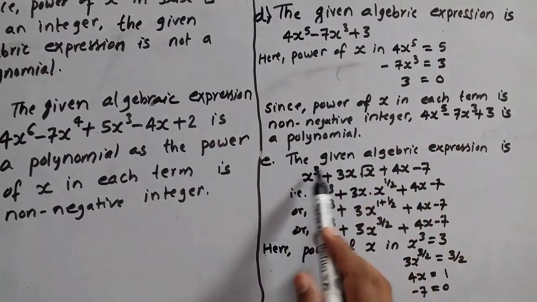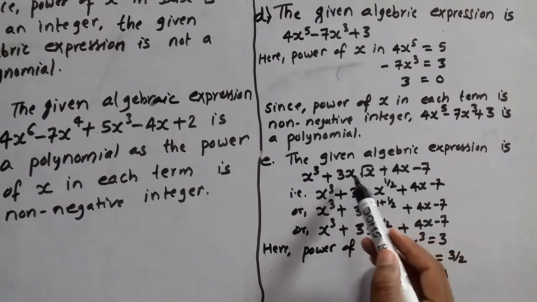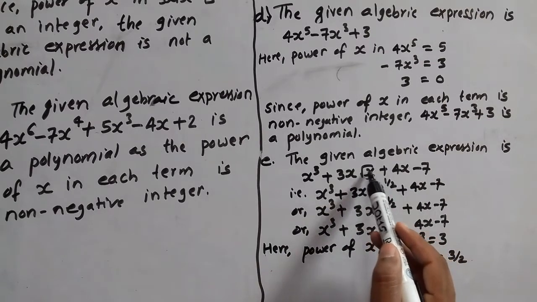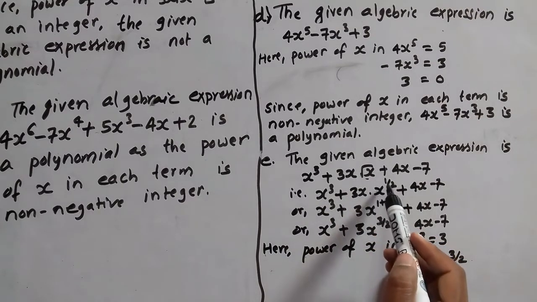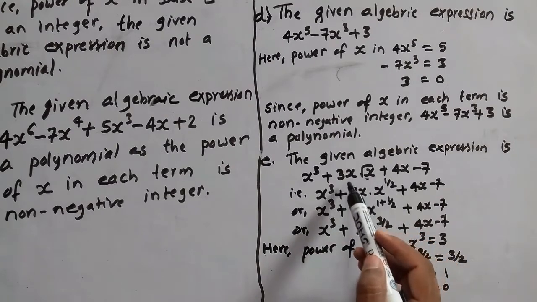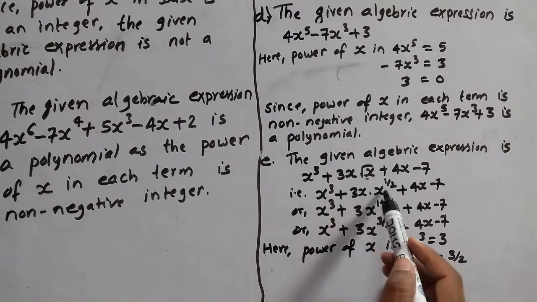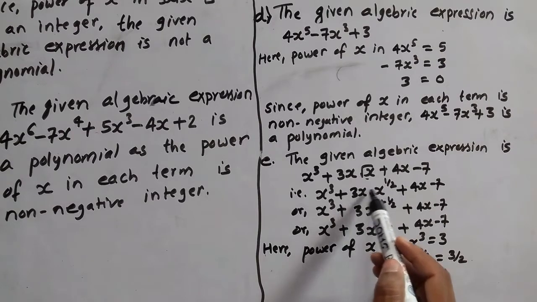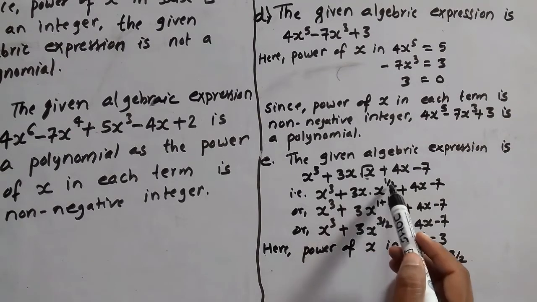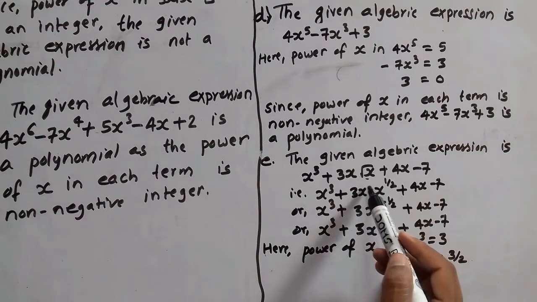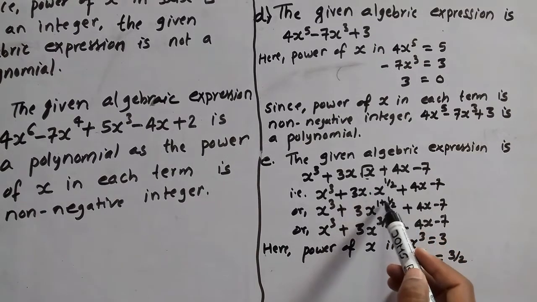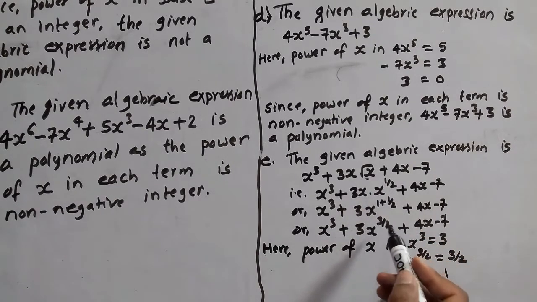In this one, the given algebraic expression has root x. This root x can be written as x power 1 by 2, and we have to multiply it again. When we multiply, we have to add the powers of this x and this x. Here the power is 1 and here the power is 1 by 2, so 1 plus 1 by 2 is 3 by 2,